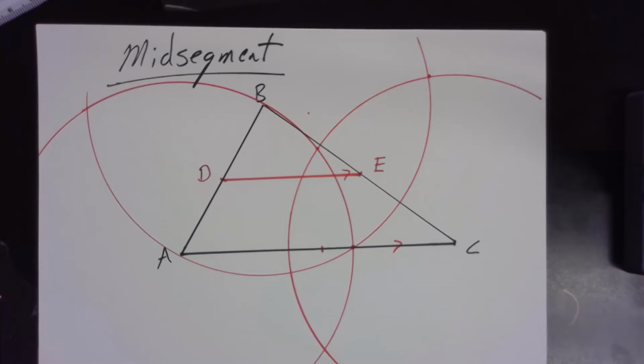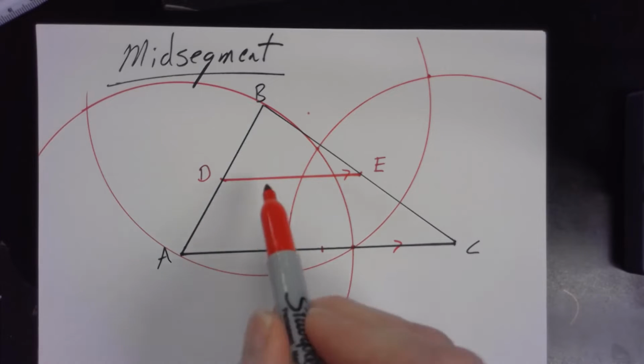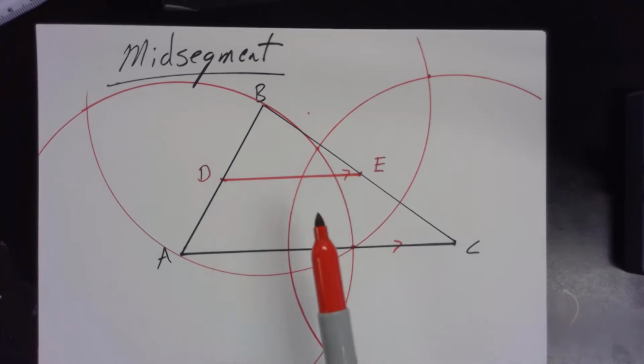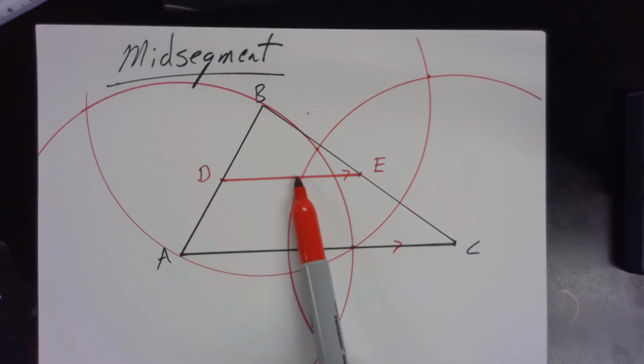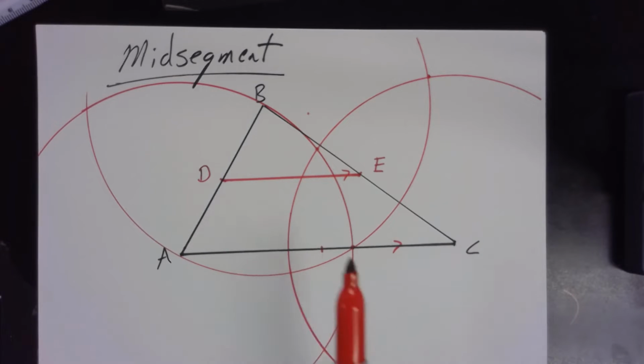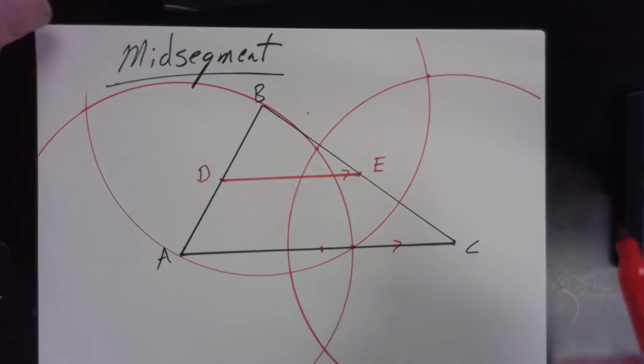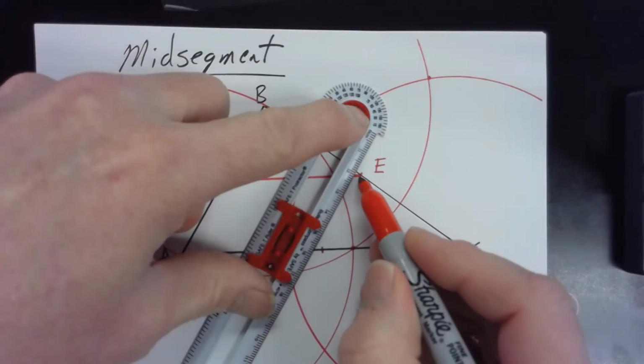So this is the mid-segment theorem, that the mid-segment of a triangle is parallel to and half the length of the side that it doesn't intersect. How do I say that? The third side. It is half as long as the third side and parallel to the third side of the triangle. So if I draw in the other mid-segment,